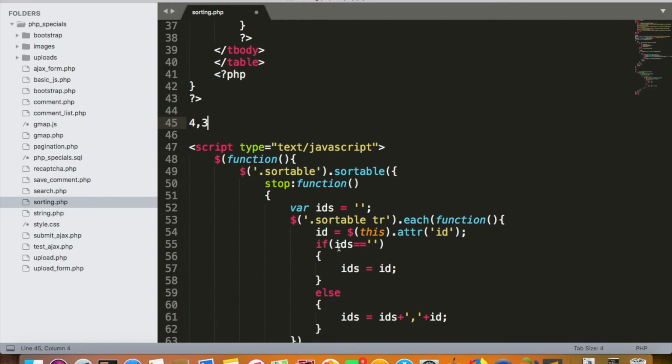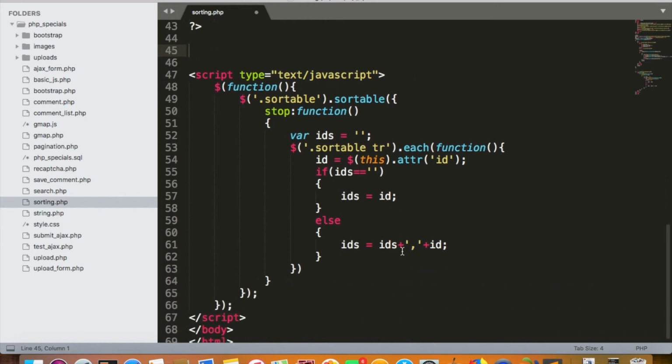In another loop, since IDs is not blank, it is already 4 comma 3. So let's say the third ID is 2. In that case, I get the old IDs concatenated with a comma and then 2. So this way we are creating comma separated IDs in each loop, and after the loop is completed,